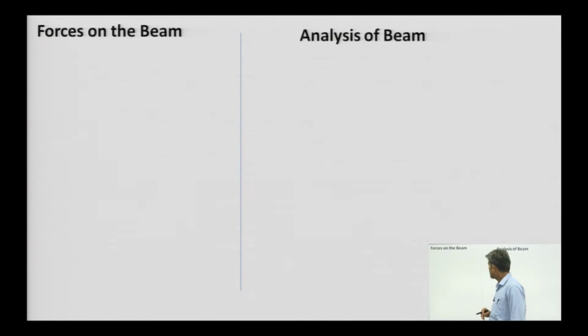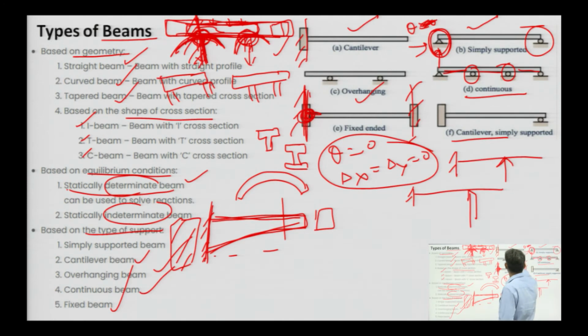So, let us take the section. Every beam is loaded, and the load coming on that beam is exactly transverse. It can be a point load, it can be a UDL, it can be a mix of those, or it can be a varying load. This type of loading can be there.